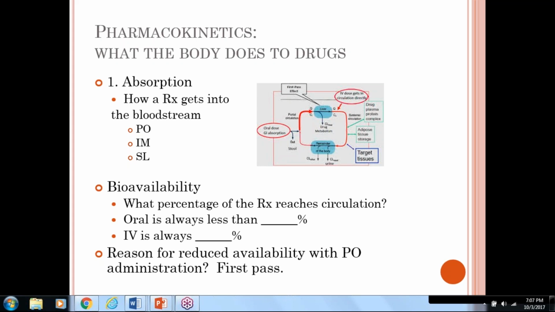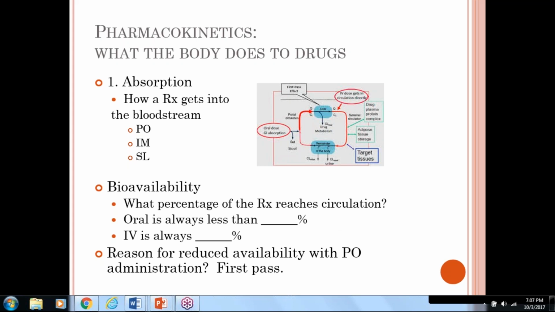What would be the reason why, with an orally administered drug, 100% of it doesn't make it to the bloodstream? What's the reason for that? First pass through one of the oldest organs in our bodies. Exactly. So liver is